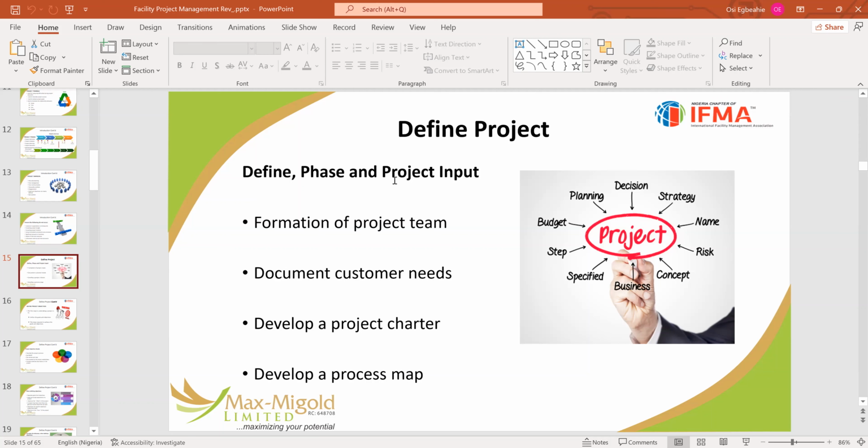Define a project. Define phase and project. Formation of the project team. You must learn to be able to form the project team. Depending on the kind of project, you will know exactly the team to be able to put together the documents,